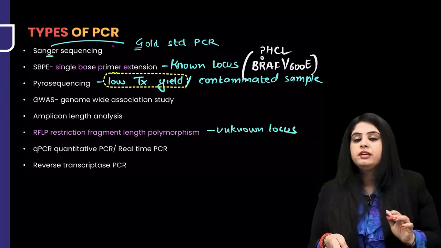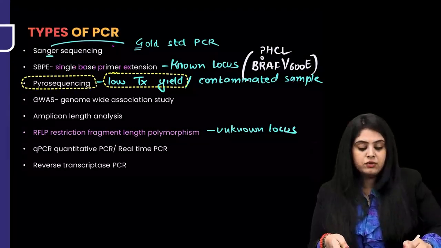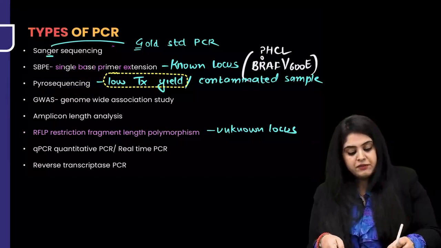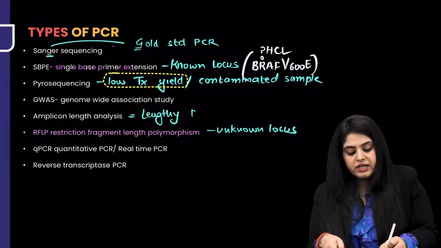When I say low tumor yield, which kind of PCR am I going to do? I am going to do a pyrosequencing. Okay? Next, if you have lengthy DNA, think of one condition you have studied. Where do we have lengthy DNA? Lengthy DNA, for example,